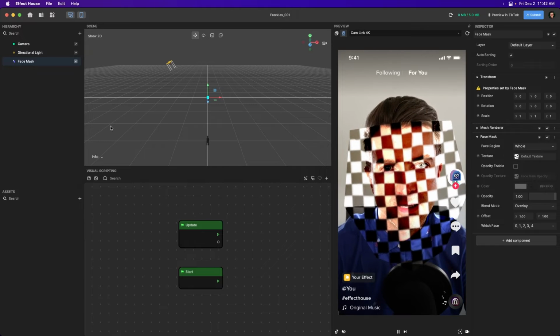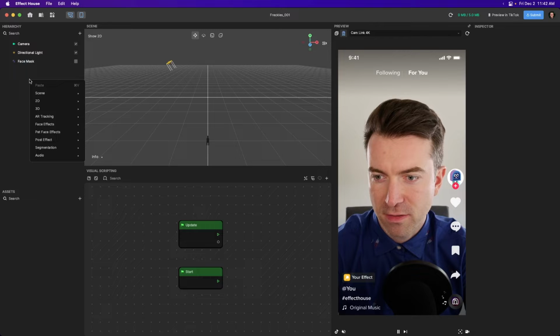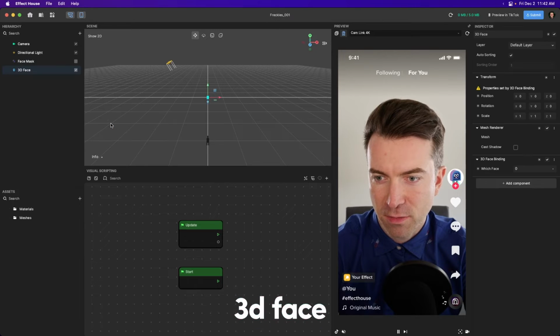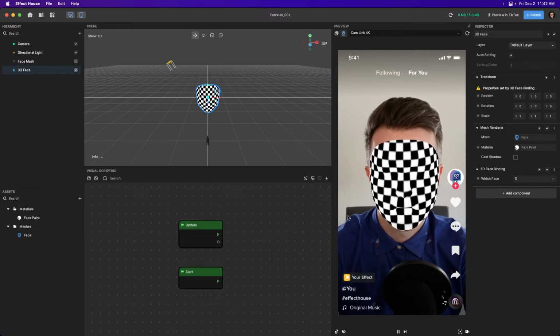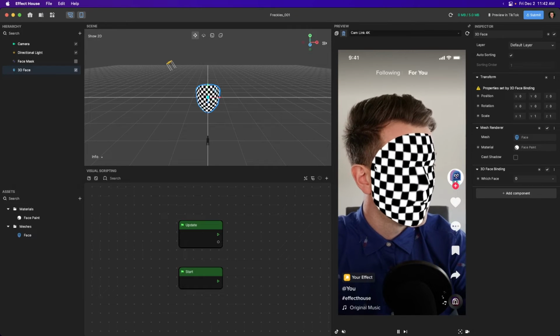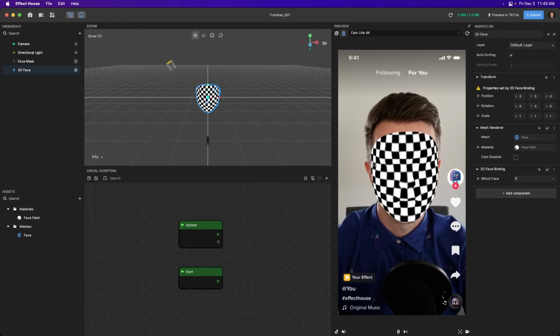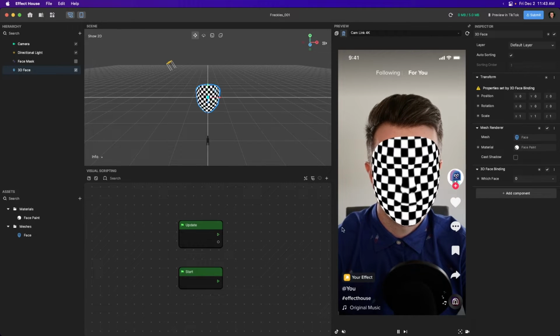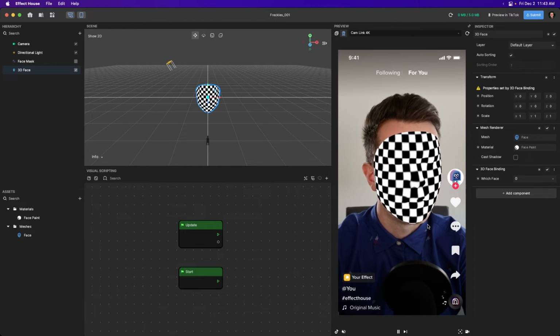Now we're going to compare this against a 3D face. I'll disable this face mask, right click, face effects, and 3D face. And this one automatically comes with the checkerboard texture. And now if you look at it, you can see these squares, if I rotate, are still square when they're facing the camera. But as I rotate to the side or back to the front, you'll notice that these are really thin because it's mapping not to this flat image like the face mask was, but it's actually deforming it